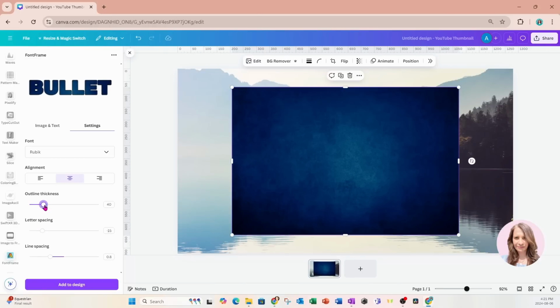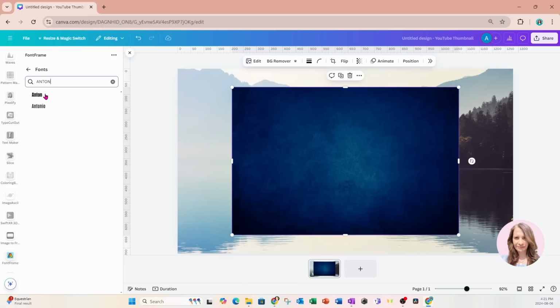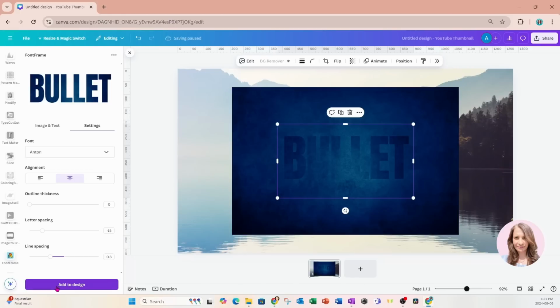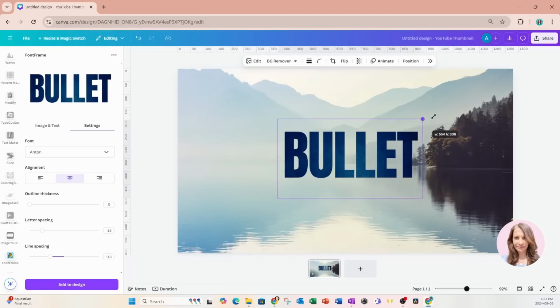And the outline, I don't want a black outline on my text. And for the font, I'm going to choose Anton. So I'll just come in here and I'm going to use Anton because it's tall and I like it better for this effect. So once you're satisfied with your settings, just add the design to your workspace. We don't need this anymore, so I'm just going to delete it. And I'll make this a little bit larger,